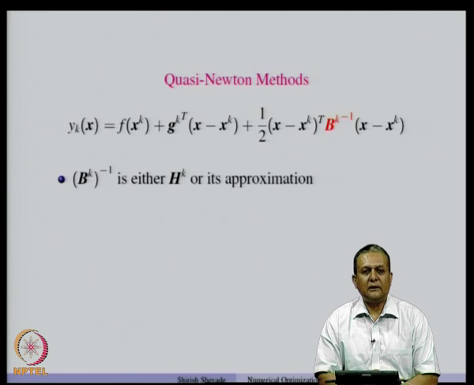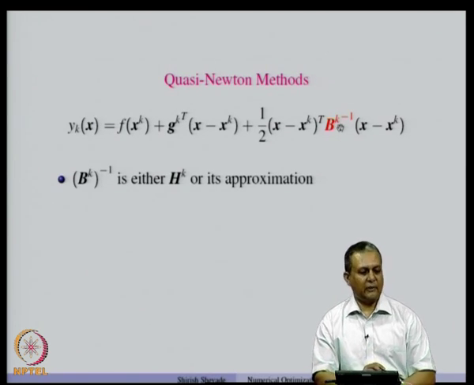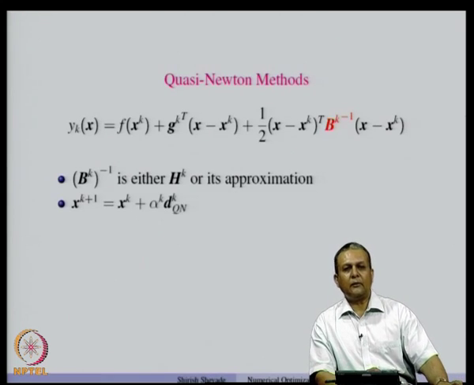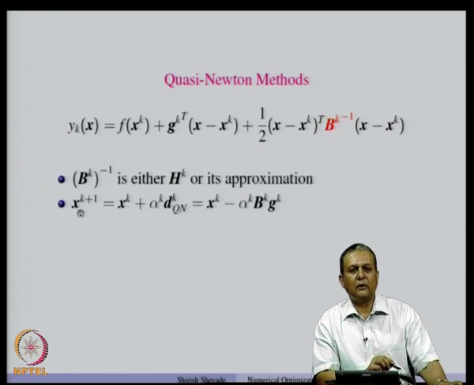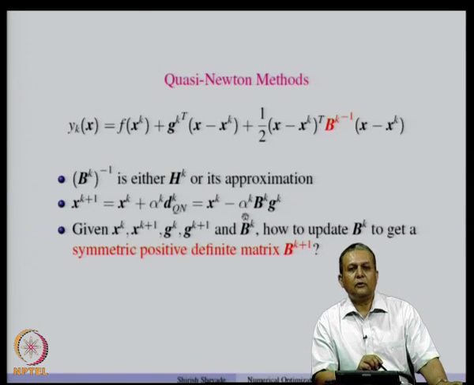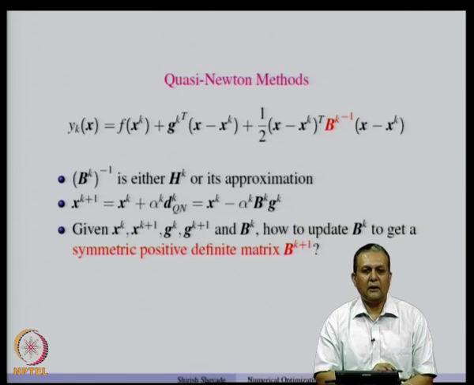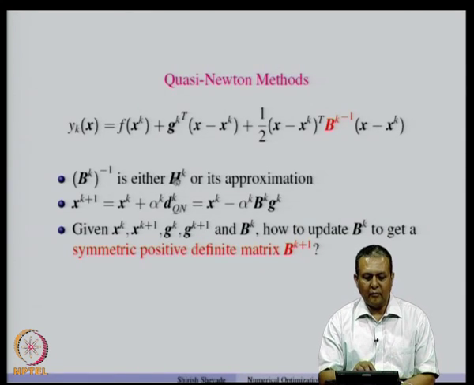Now, as I said earlier, this Bk inverse is either Hk, ideally we would like it to be Hk, or its approximation. So, the question is that if we use the direction dk to be minus Bk gk, which is the quasi-Newton direction, and I get xk plus 1 to be xk plus alpha k dk, which is nothing but xk minus alpha k Bk gk, how good is the approximation